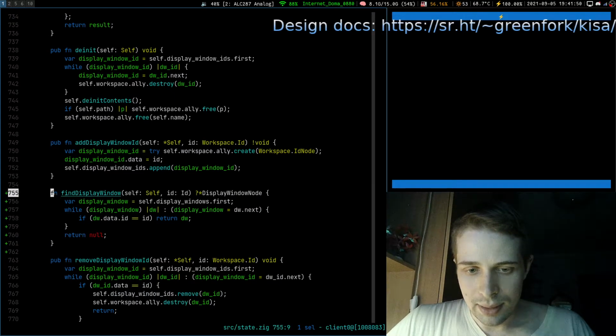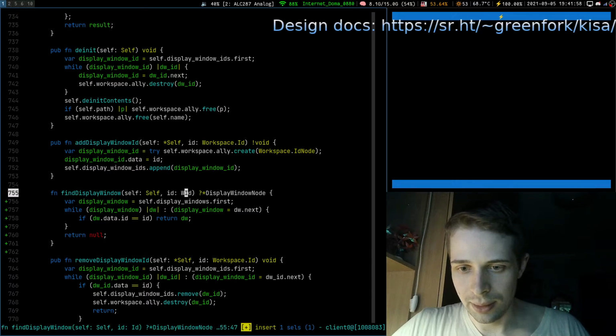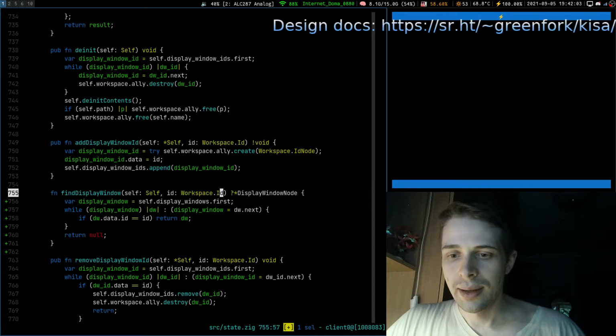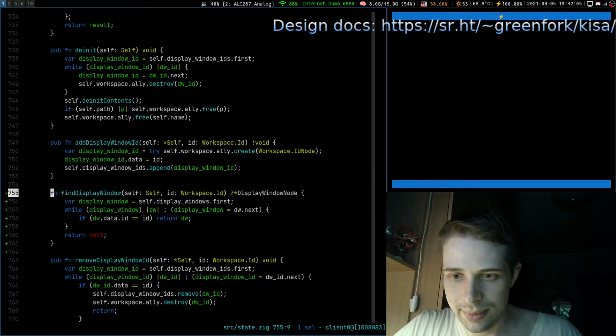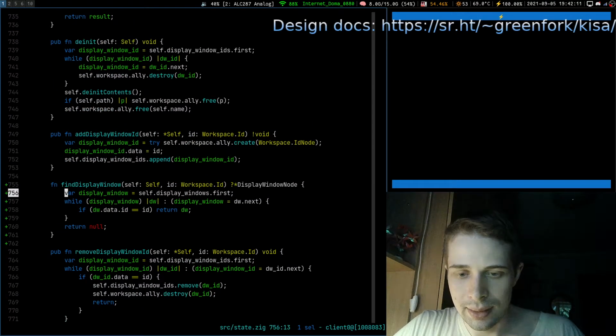These are public. This is private. Yes, probably fine. So we go and namespace things properly. Display window node. Yes, probably correct. Var display window. Self display windows first. Well, we don't have display windows, but we have display window IDs, and we iterate through our doubly linked list.